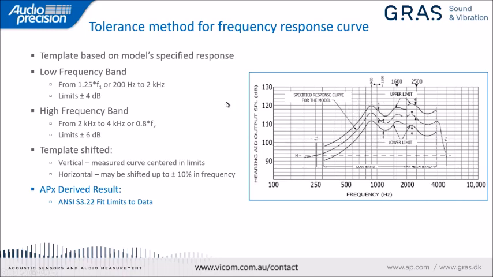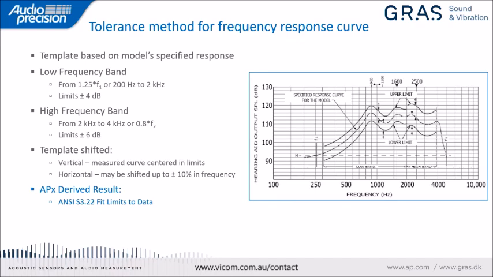Now, the way this is specified in the standards, these were written many years ago when people used transparencies, and the idea was you would draw the limits on a transparency at the same scale as your measured curve. You would then put the transparency over top of the measured curve, adjust it vertically until the measured curve is centered within the limits, and they also allow you to adjust the curve horizontally in frequency, up or down, by